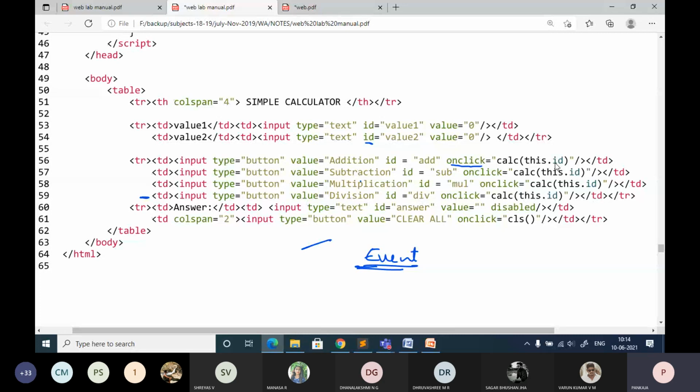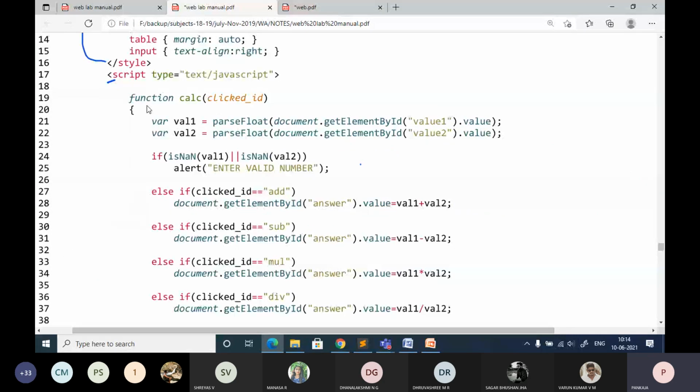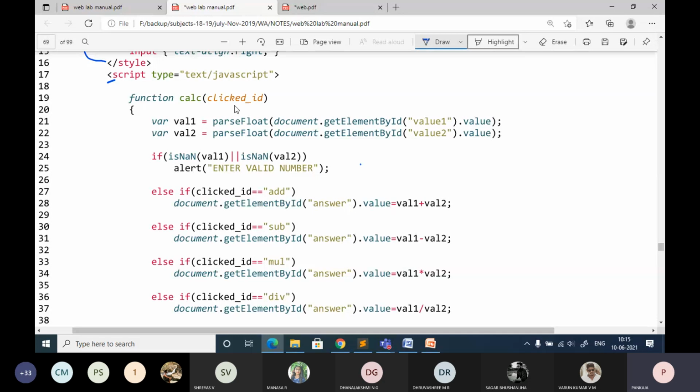If you want, you can write it externally. Here I have used embedded JavaScript. Once you are flexible in coding, you can keep modifying things however you want. So function calculator click id. Whatever id it is invoked with, that particular id is passed to this function as an argument.